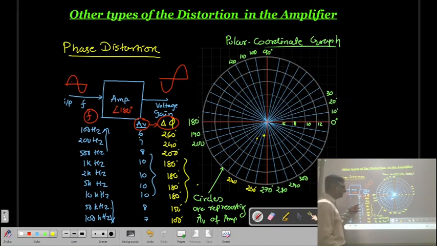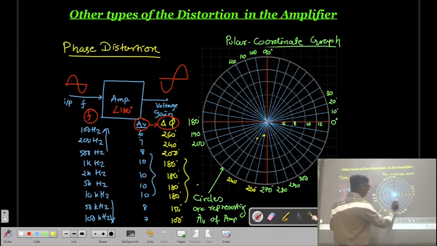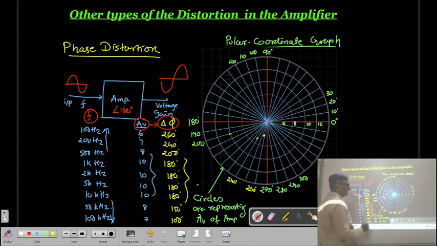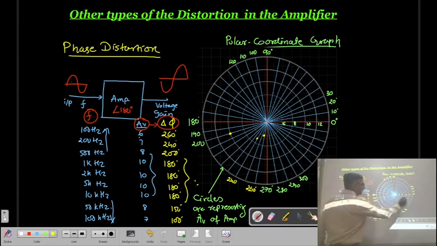Then for the gain of 8, 200. So after 240 here we have 200. For the 200, what is the gain? 8. For the gain of 8, it is this circle. So here we have to mark 200 as well as the gain of 8. Then for the gain of 10, 180 degree. 180 degree is here and for the gain of 10,